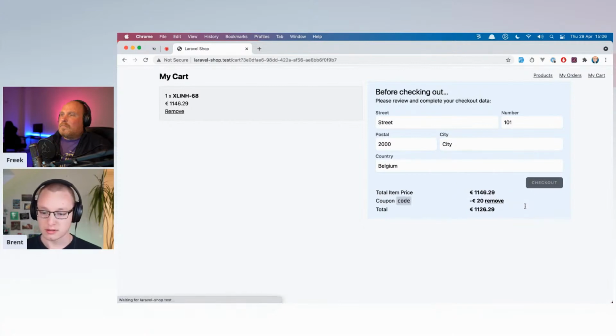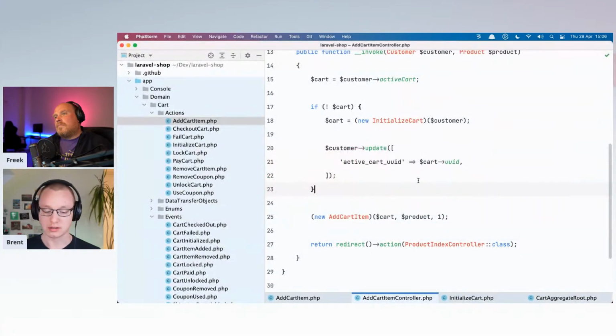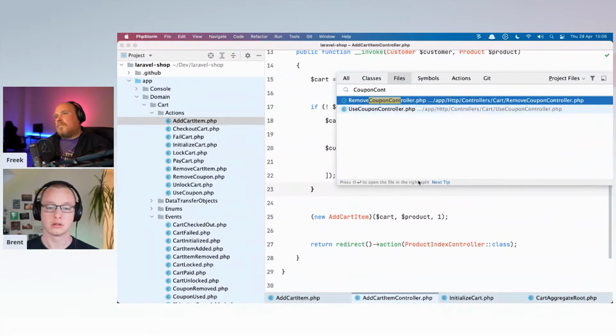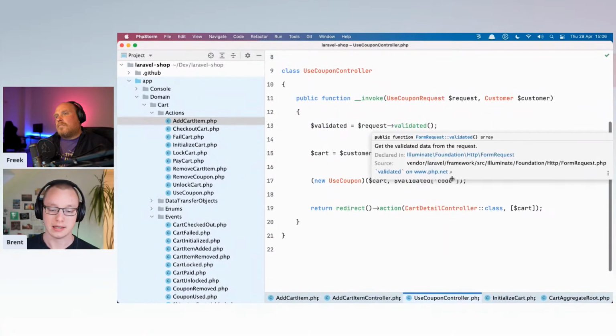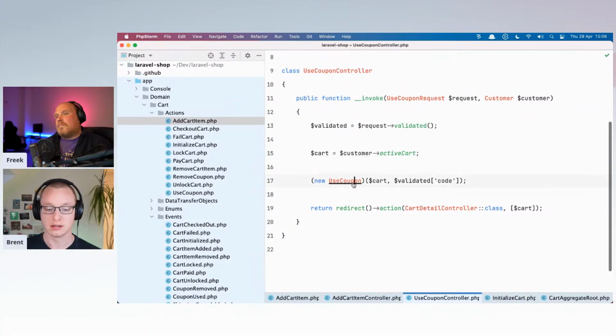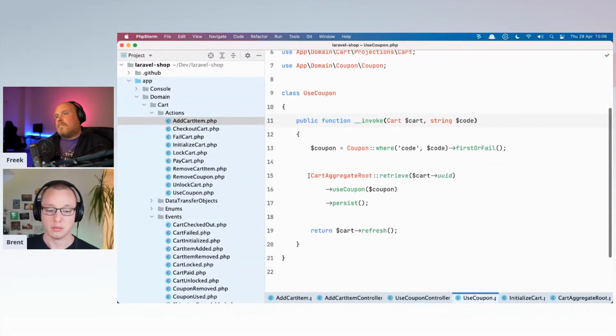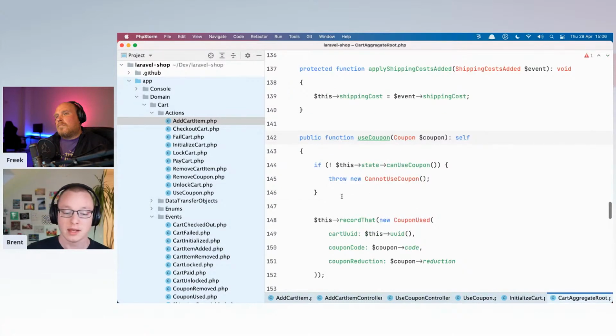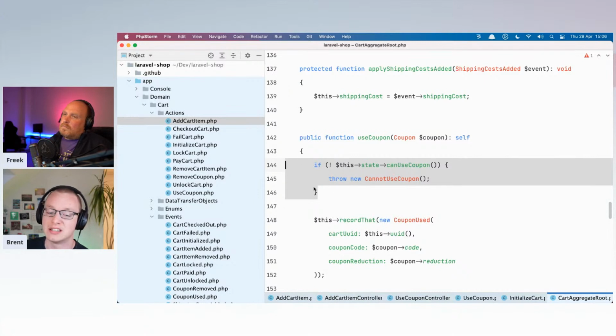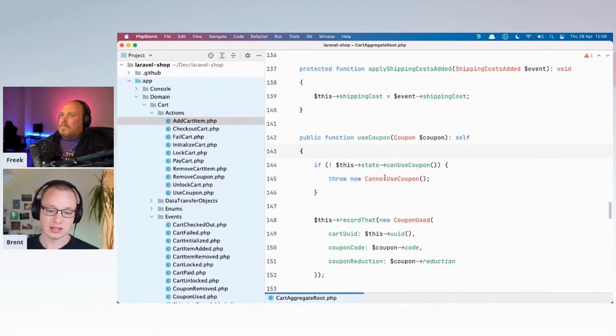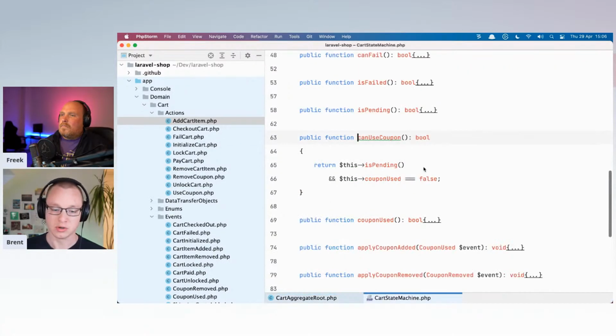Using coupons isn't all that difficult. There's a coupon controller over here. It will use another action, and that one will call the use coupon method on the card aggregate root. And notice always how we do state checks in our aggregate root, because the aggregate root's responsibility is to make sure that nothing invalid can happen, right? So let's actually look at this state can use coupon.